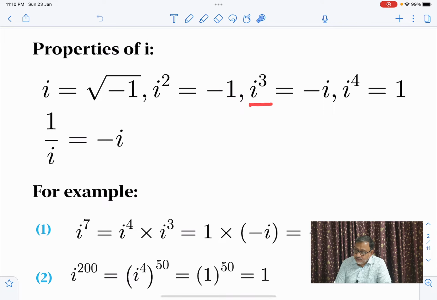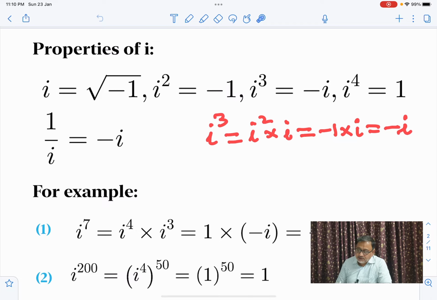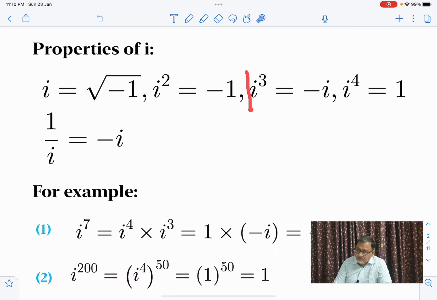i cube will be minus i. Now how do you get i cube is equal to minus i? i cube you can write as i square into i. i square is -1 into i. So therefore it becomes -i. So please remember that i cube is -i. Then i to the power 4 is 1. This is a very important property of imaginary number i,